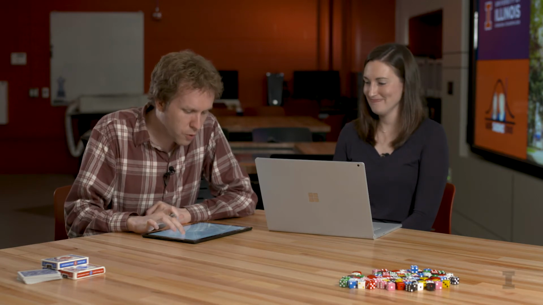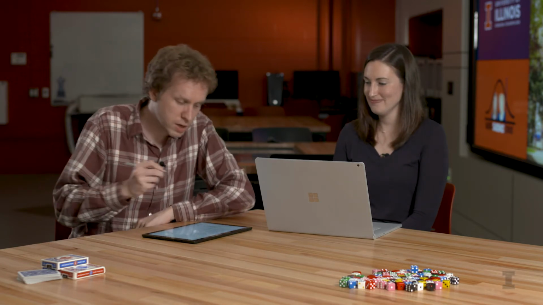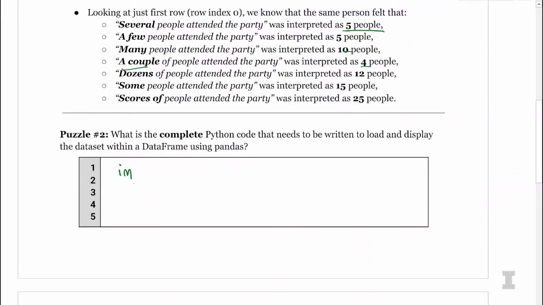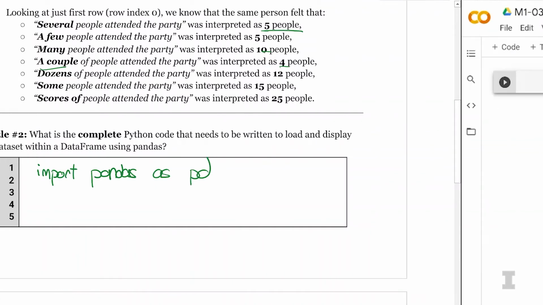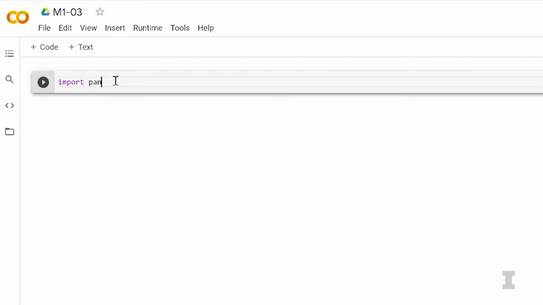And I encourage you to both type the code and write the code, because by writing the code and filling out this worksheet, you're actually internalizing exactly what you're going to be typing and understanding each piece of it. So as with every Python program, the first thing we're going to type is import pandas as pd to load in that pandas library.